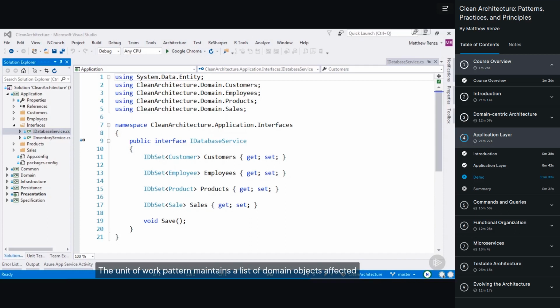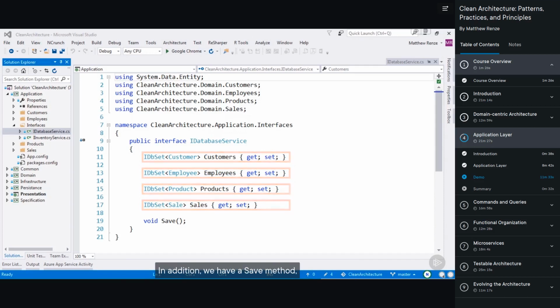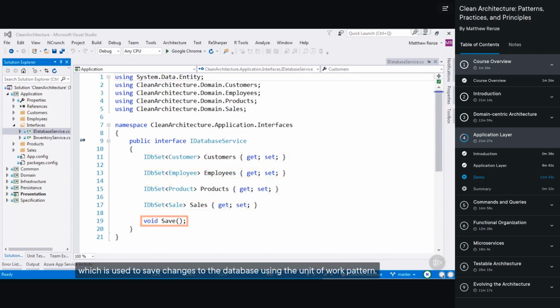The unit of work pattern maintains a list of domain objects affected by a command being executed in the application and coordinates the writing of these changes to the database. So, with these two patterns in place, we can access our customers, employees, products, and sales as if they were a collection of objects rather than deal with them like database tables. In addition, we have a save method, which is used to save changes to the database using the unit of